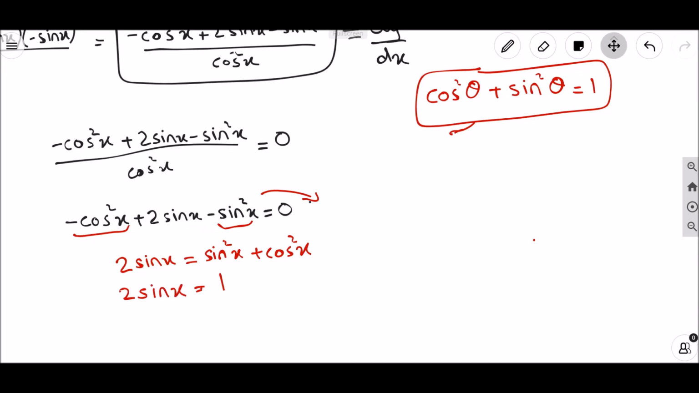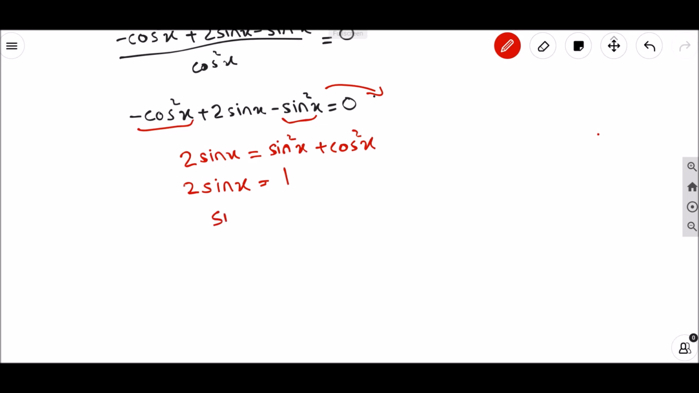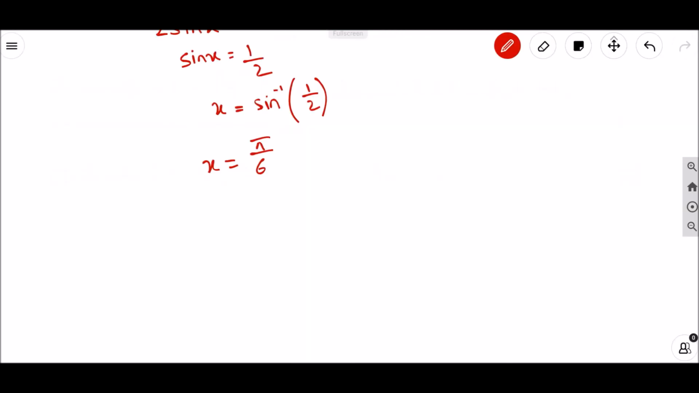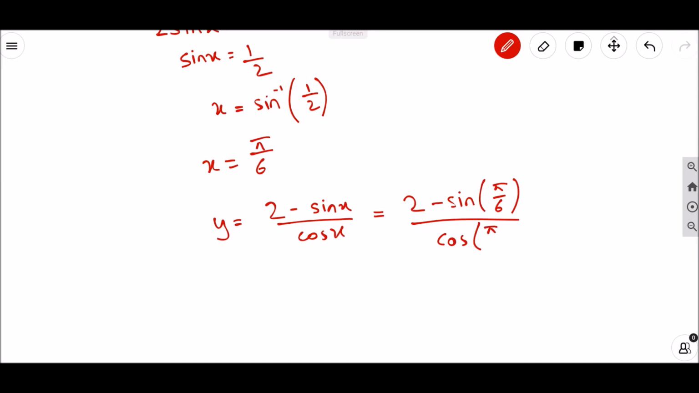And now to find the value of x, we will divide the 1 by 2 and we will take the inverse. So it will be sine inverse of 1 over 2. You need to change your calculator into radians and we'll get pi over 6. So this is our x value. So let's just rewrite the equation. It was y is equal to 2 minus sine x over cos x. So I'm going to substitute the x value to find y: sine pi over 6, cos pi over 6. And the y value is equal to,